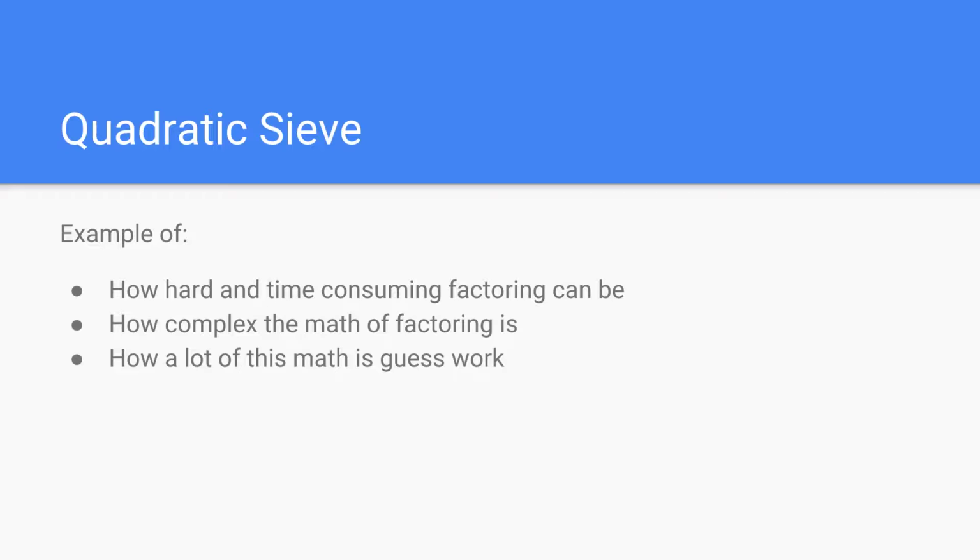And now the quadratic sieve. And so this is kind of the meat of this presentation right now and what's involved here. So why am I bringing it up? Well, the quadratic sieve, I think, will be a good example to show how hard and time-consuming factoring currently is for our computers, how complex the math of factoring is, and how a lot of this math is actually